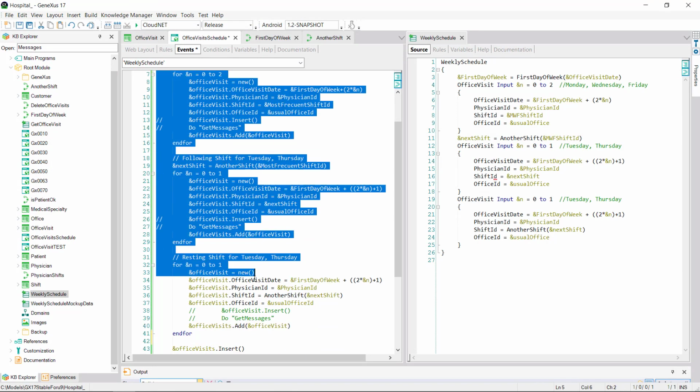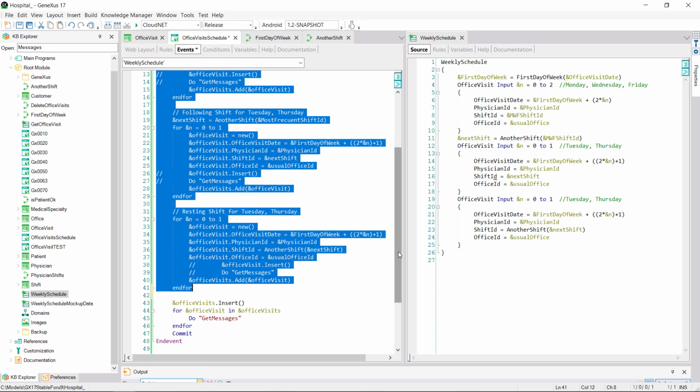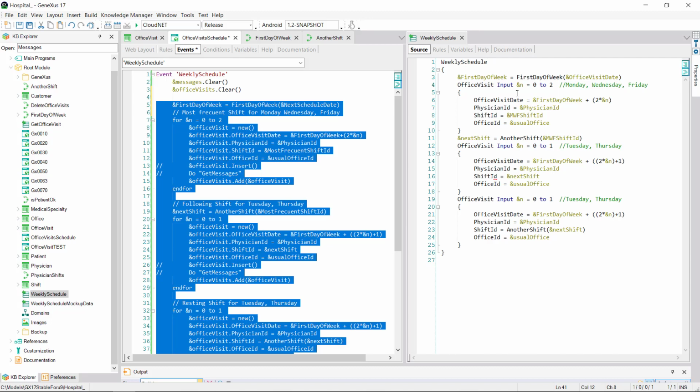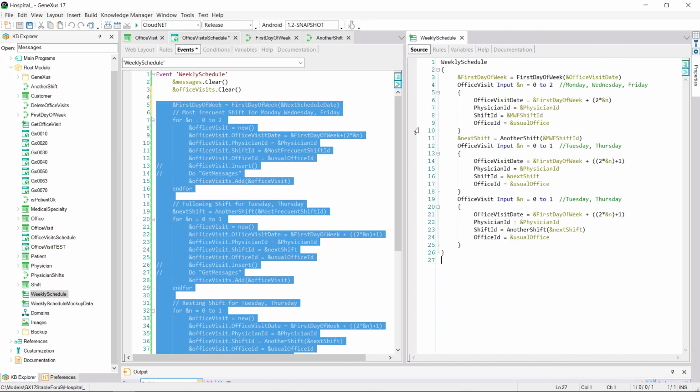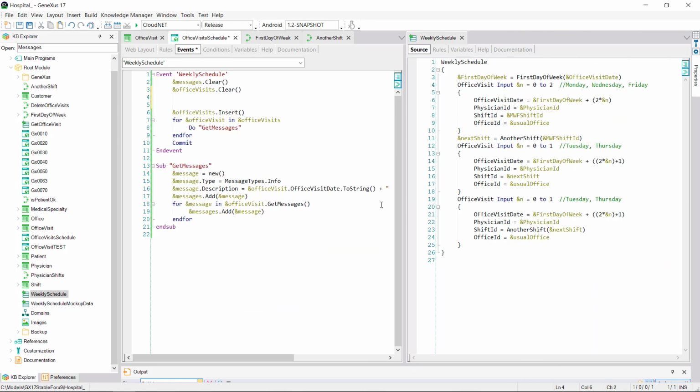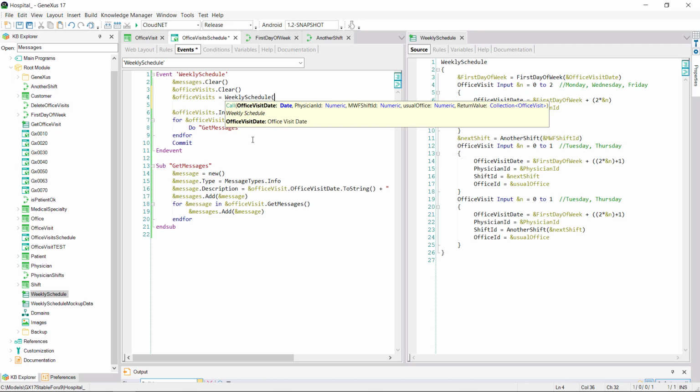Wouldn't it be simpler to do it using a data provider instead of loading the collection manually? That is to say, replace all this with an invocation to this data provider, which returns a collection of the office visit BC, loaded in the same way as in the web panel event, but at a higher level. Then, we load the collection variable with the result of the invocation to the data provider, to which we must pass all the parameters.